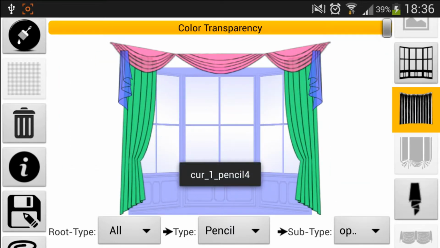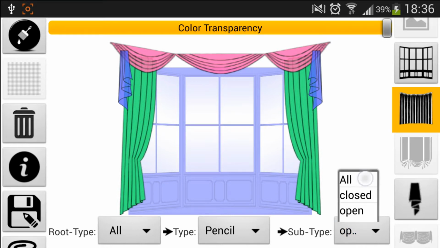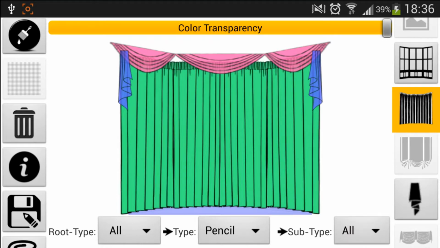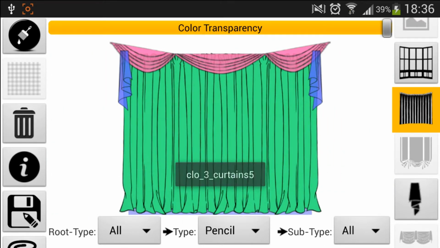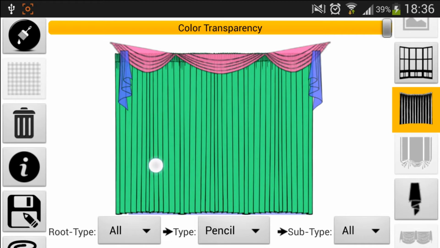If I want to see both open and closed of pencil type, I just click on subtype and select all. And now I will see all pencil type curtains which are both closed and open.